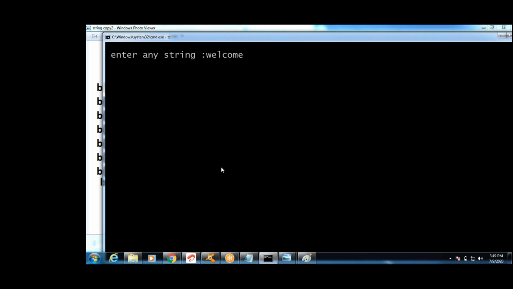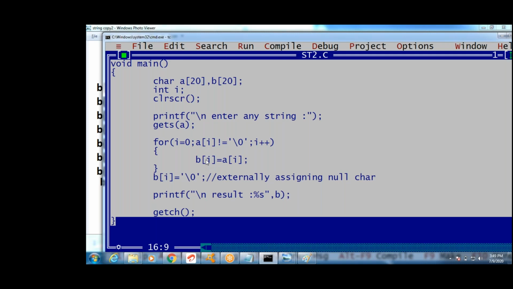Write the program and draw this diagram also. I have taken two strings, this is a, this is b. Same diagram, draw the diagram also. Now we can understand, but after some days you cannot understand. That's why take the diagram also.